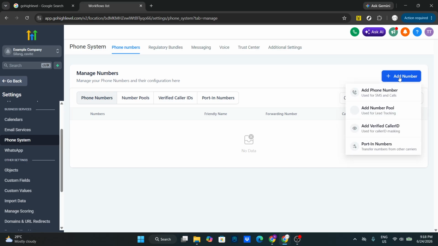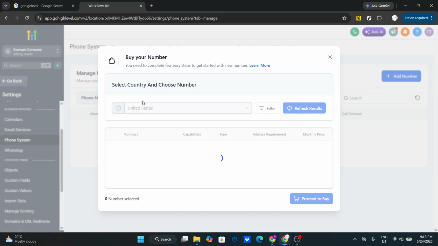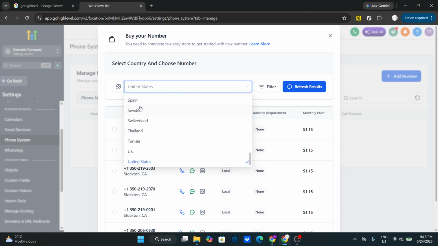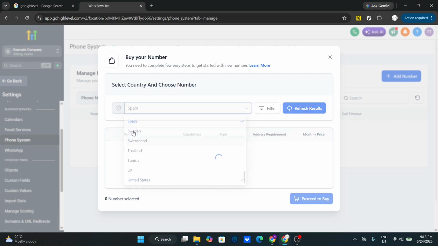Next, you'll be asked to choose your country. Make sure you select the correct one, since available numbers can vary by region. After that, you can filter by area code. This is especially useful if you want a number that feels local to your business or to the audience you're serving. Taking a moment here to choose carefully can help with familiarity and trust when contacts receive calls or messages